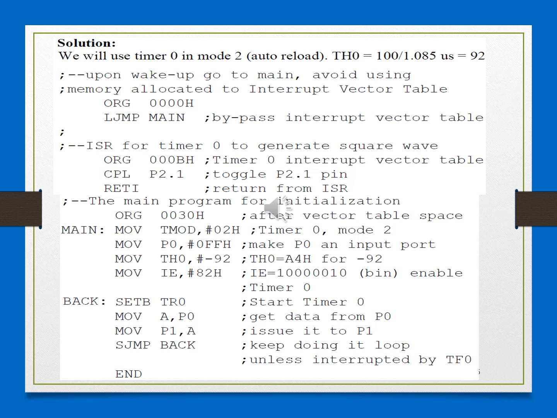So here you have to concentrate on the programming of the timer using interrupts. I have also explained the difference between RET and RETI. So hope it is clear. Please repeat the explanation over and over again and try to understand.